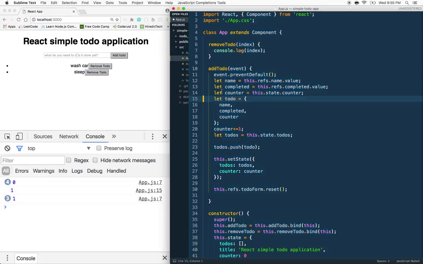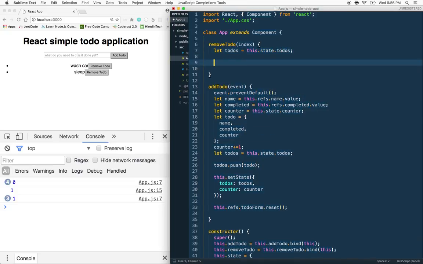We're getting 1. Okay, so that's working. Now what we need to do, guys, is we're going to say let to-dos equals this.state.to-dos, and we're going to say let to-do equals